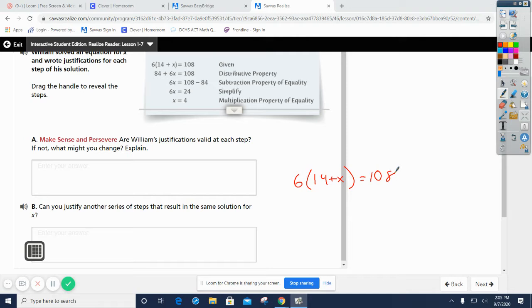And actually on the test, we won't do any full proofs. They'll already be partly filled out and you just have to fill in the blanks, something like that. And this is why, because sometimes you can do it multiple ways. Another way I could solve this equation is I could divide by 6 first. If I divide by 6,